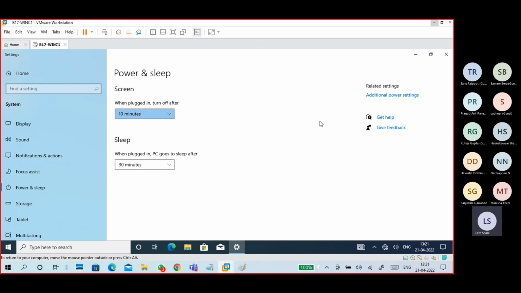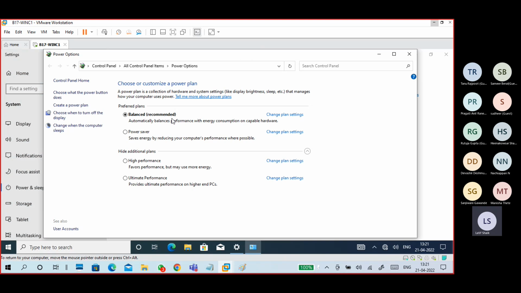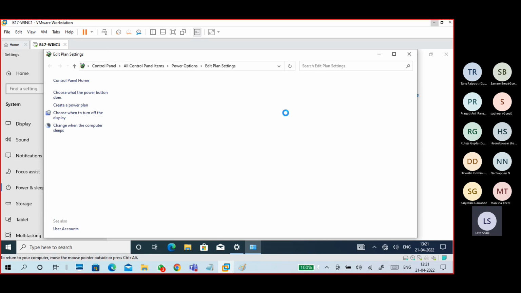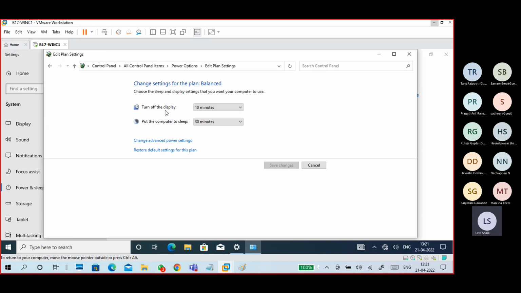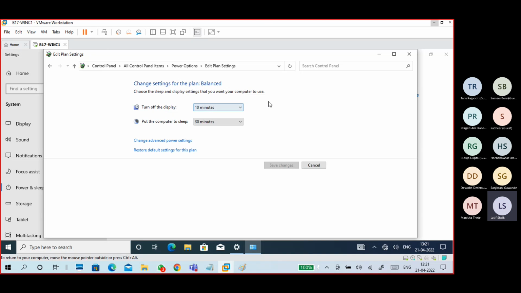So you can go directly to the control panel, otherwise you can go from here. You see, this is the Balanced plan. Change plan settings: turn off the display and put the computer to sleep. Turn off the display is 10 minutes, and sleep is 30 minutes. The meaning is, if you didn't do anything, you just leave your system for 10 minutes and went outside,